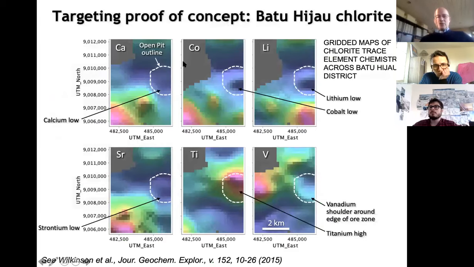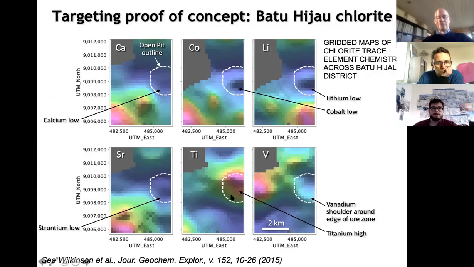So I don't have too much time to show you many examples, but I'll show you two examples of chlorite chemistry and how it can show you where the center of the system is in a propylitic sense. So this is the example from Batu Hijau. The white line here is showing you the open pit extent, so where the deposit sits. And these are gridded maps of chlorite chemistry for a range of elements. So you can see that the calcium in chlorite, cobalt and lithium and strontium are all low in the position of the deposit. So there's low contents of those elements in chlorite when you're close to the center of the